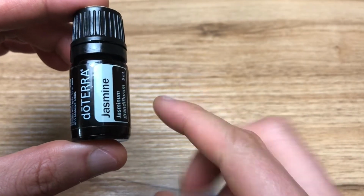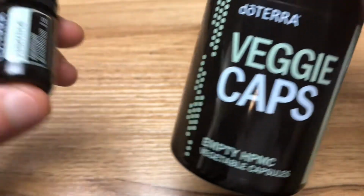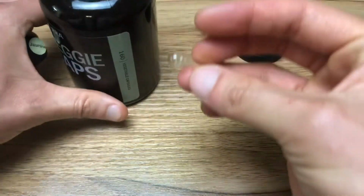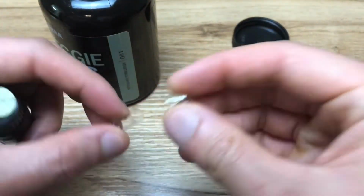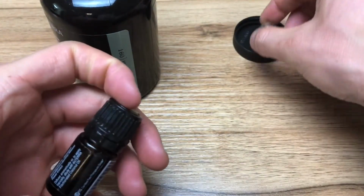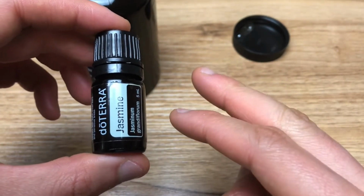You can also take 1 to 2 drops in a veggie capsule morning and night, and I like to use doTERRA's veggie capsule right here. So basically you would just take one out like so. Then you would open it up, place the 1 to 2 drops inside, and then take with food and water for best results. And then also you can diffuse 3 drops of this oil with 3 drops of lavender or